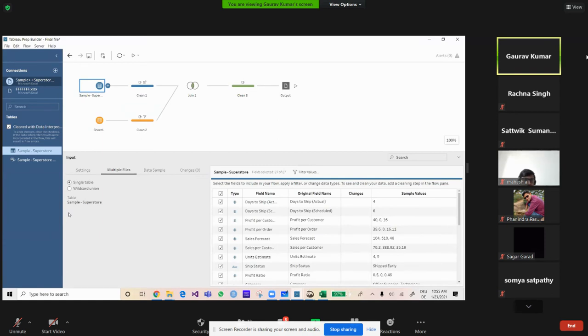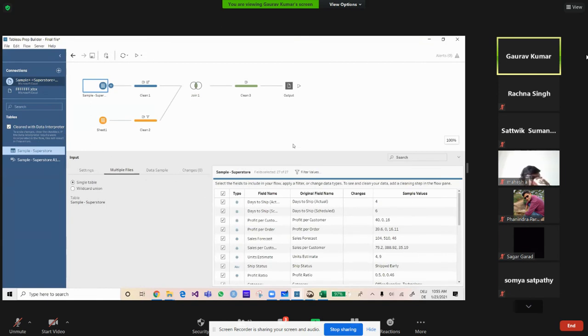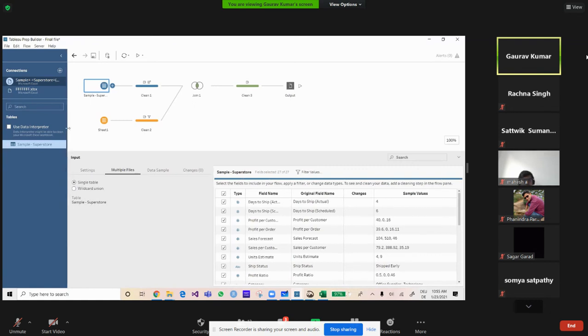But what happens is, some of the data is still not important for Tableau, but it is important for our further work. So it is recommended that you don't click this, because you don't know how the Tableau interpreter is designed, what code they have written. Sometimes they remove some of the important columns, because they have their own interpreter and they build it according to their own business. So it is highly recommended never ever to click this clean with data interpreter, because then you have to depend on the Tableau interpreter, and that is a very big blunder that most people make.